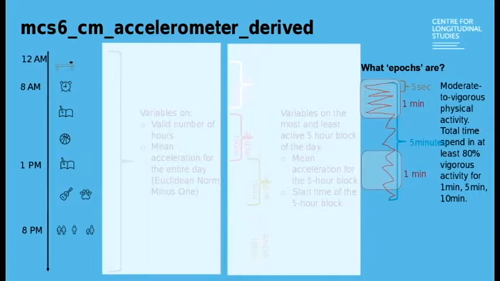So, for example, if we set the criterion on at least 80% of 10 minutes of vigorous activity, in the example of the two children, where one is watching TV and the other is playing basketball, the one that is playing basketball is more likely to have acceleration, whereas the one that is watching TV will have no